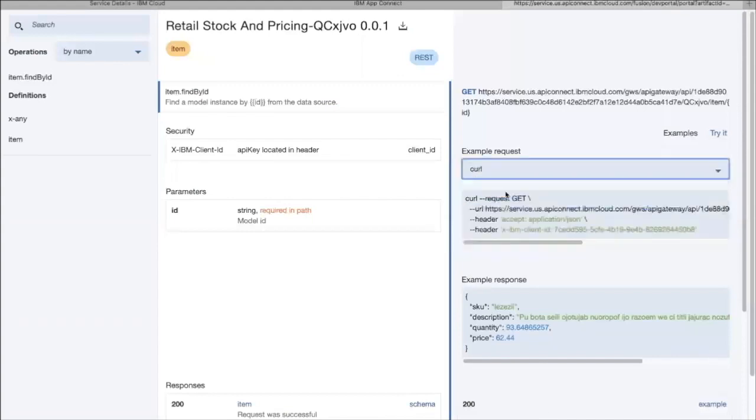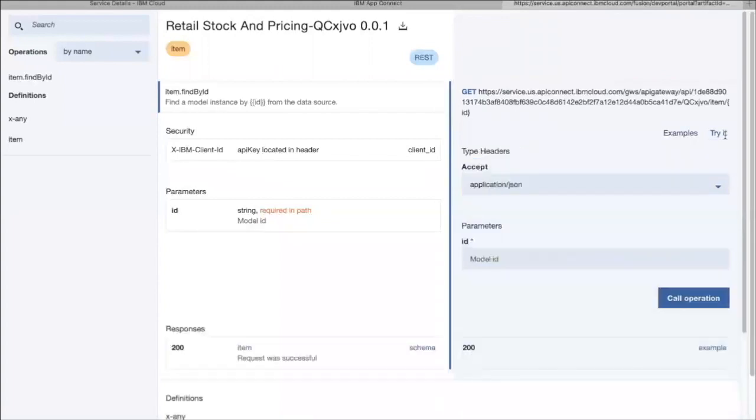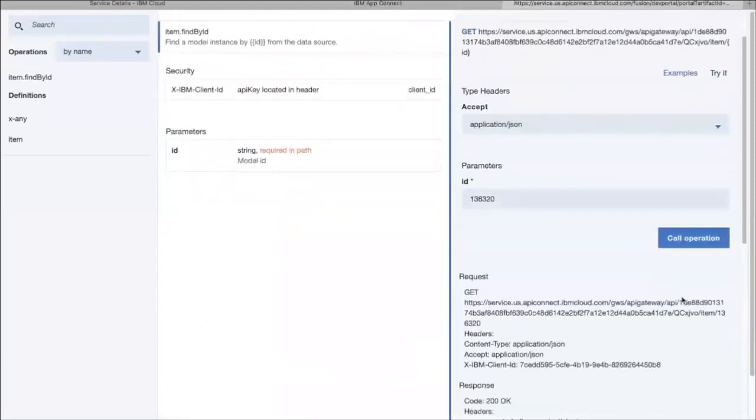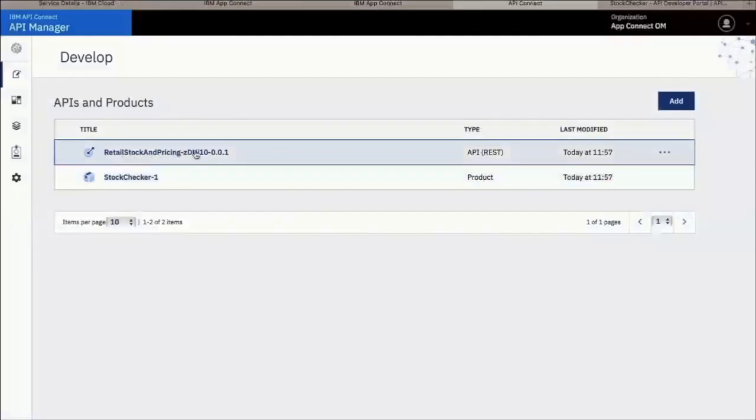Now here, I'm going to test this integration that I've created, and it's built in line. So you can see here that essentially as I've created this app integration, I can try it. And I will get a response. And in this case, you can see at the bottom, it says request was successful. And it's giving me the actual string that it retrieved from the backend. So this is really great because in terms of speed, it's very fast.